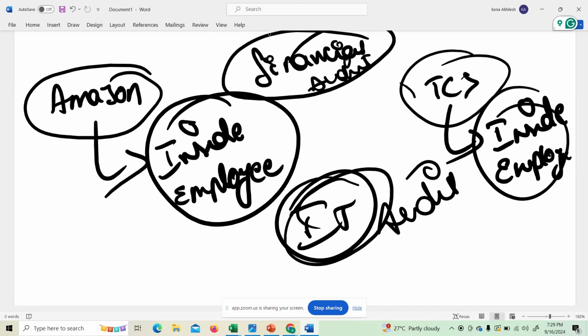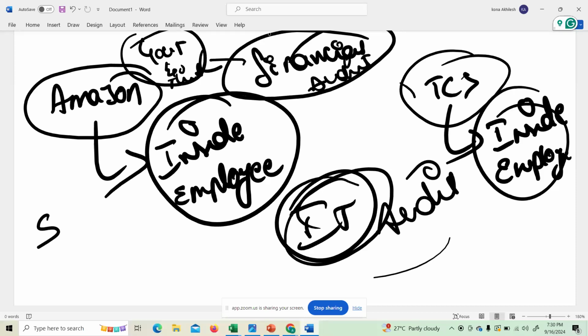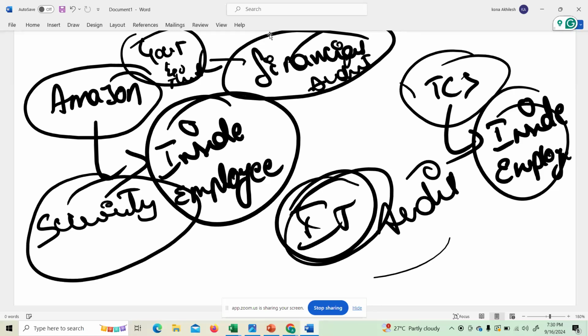As you mentioned, the external auditor in financial audit will be the government or some other government-related parties, what we call third parties, right? But in IT audit, we will go through all the security standards, how secure the environment is.